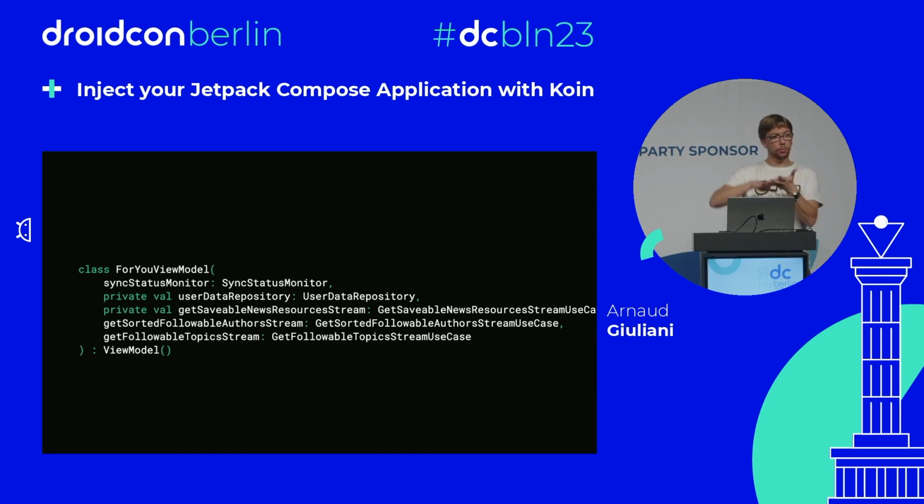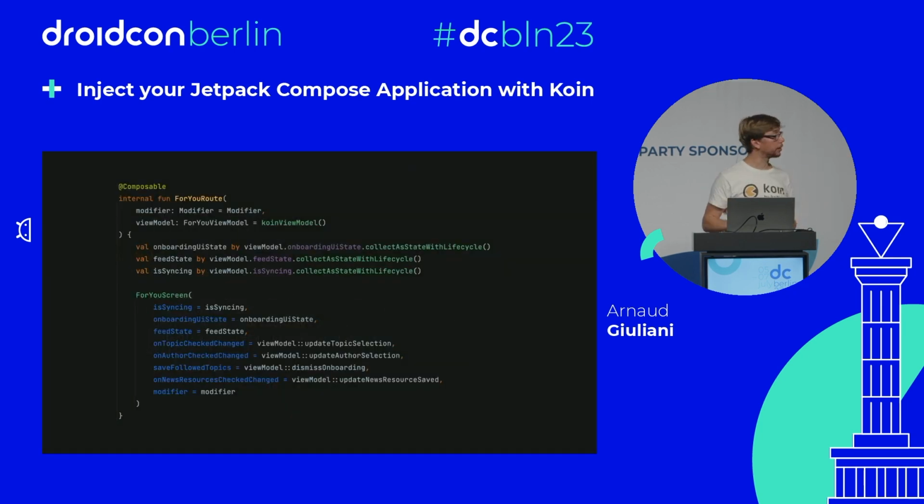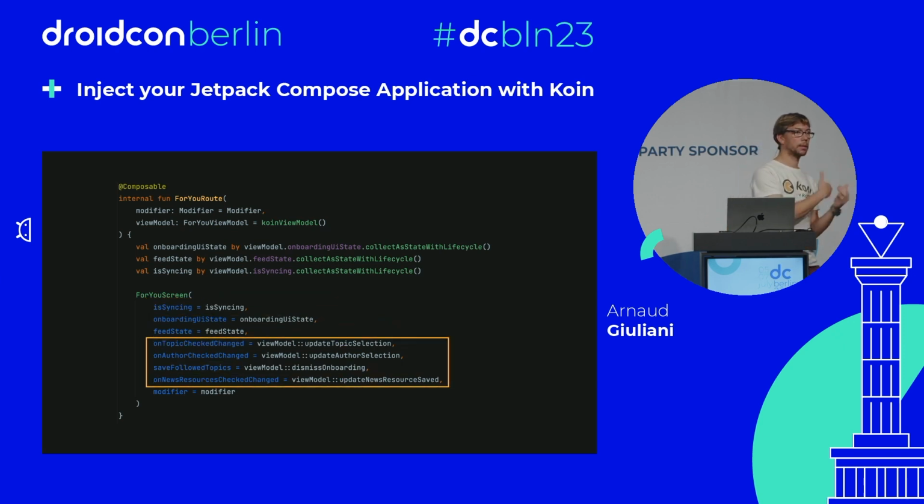Another case, which is clearly more filled with components. Again, we are using Koin view model, and you see that the screen is clearly bigger here. The For You screen is where we are delivering all the stuff for you. We inject with Koin view model, and then we pass all the collected state flow directly inside the composable screen, and then we pass the actions to trigger from this composable.